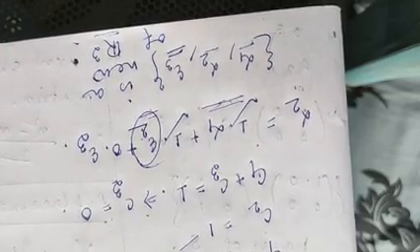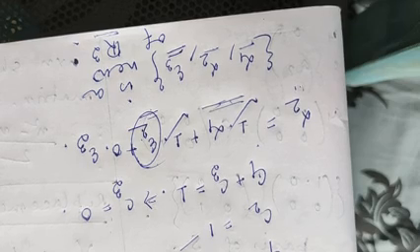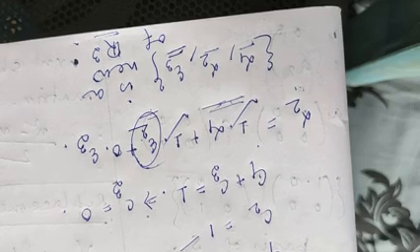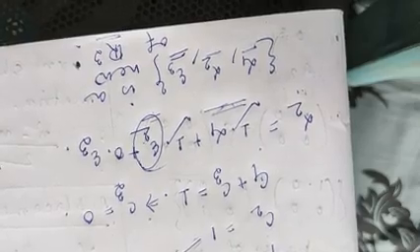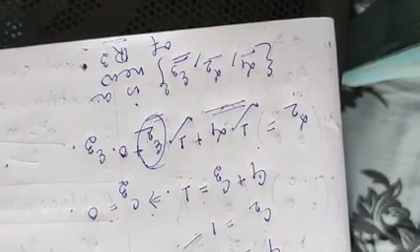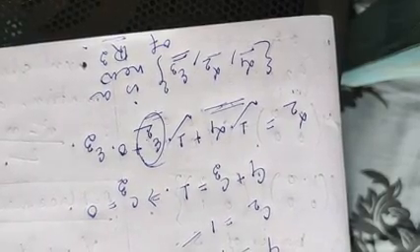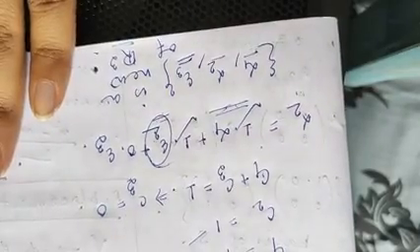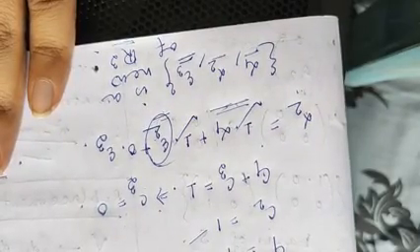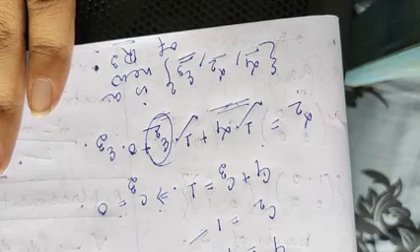This type of example is very important: getting a basis which contains a particular vector, or 2 or 3 fixed vectors like this. So this is the procedure for how to apply the replacement theorem. Now I am giving you another example, exactly the same. You need to find that.